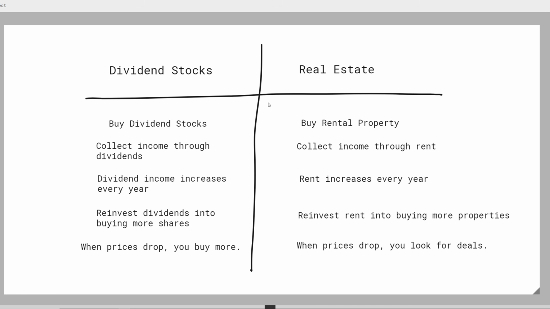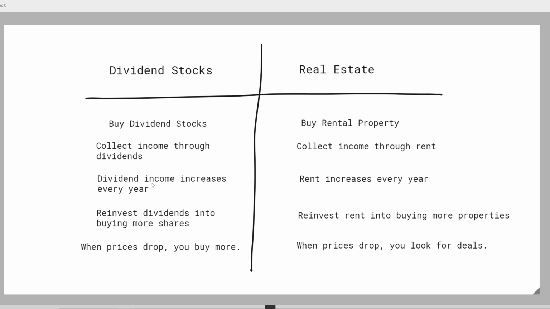Now, unfortunately, what I see a lot with the dividend stock side of things is people do the exact opposite of what a real estate investor would do. Like I said, with a real estate investor, when the prices drop, when real estate goes down, they have their properties rented, and what they would do is look to pick up better deals. That's exactly the actions a good real estate investor would take. They want to continually grow their portfolio, and to do that, they want to look for good deals. They need prices to come down.